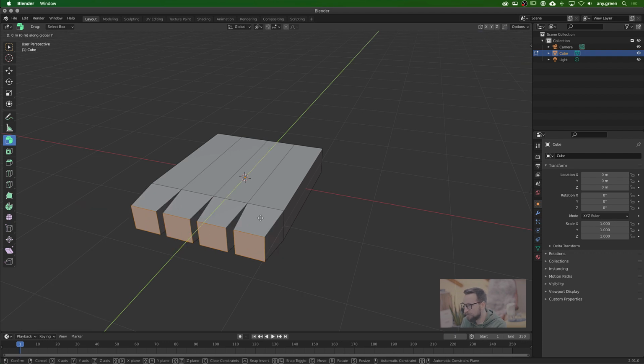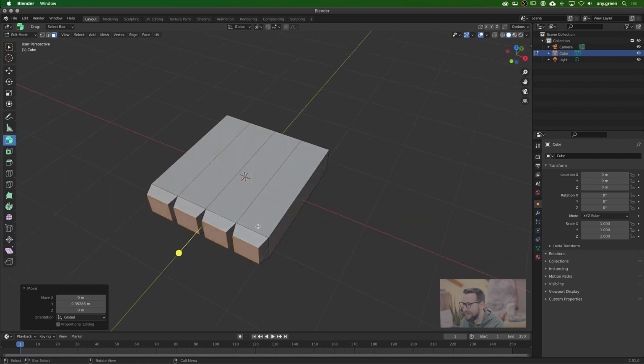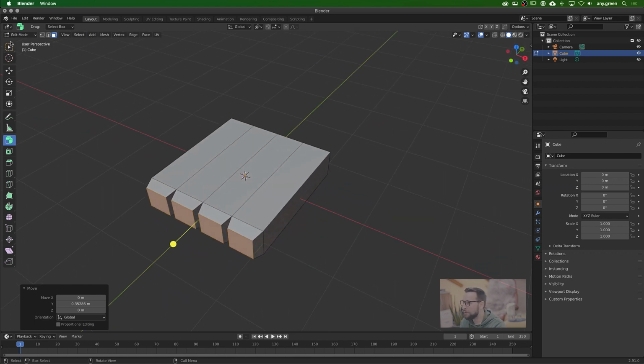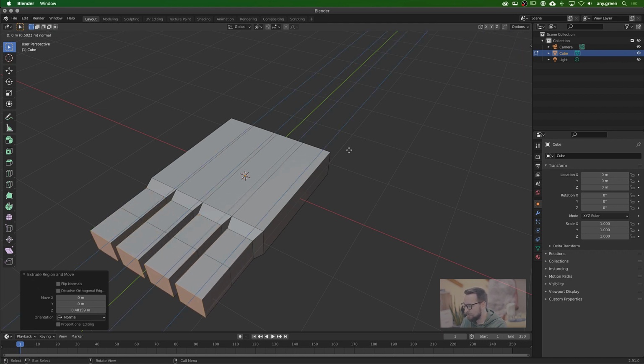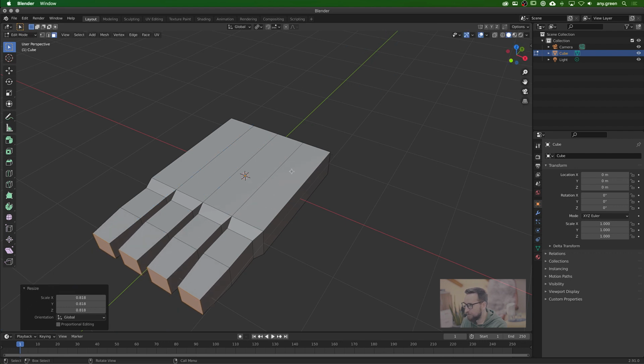What am I doing? G and Y. There we go. So something like this. And then we can use the regular extrude tool, so we could also switch back to our selection mode, and we can just hit E to extrude it out. And then maybe we extrude out one more time, make this one a little bit smaller, and one more time,